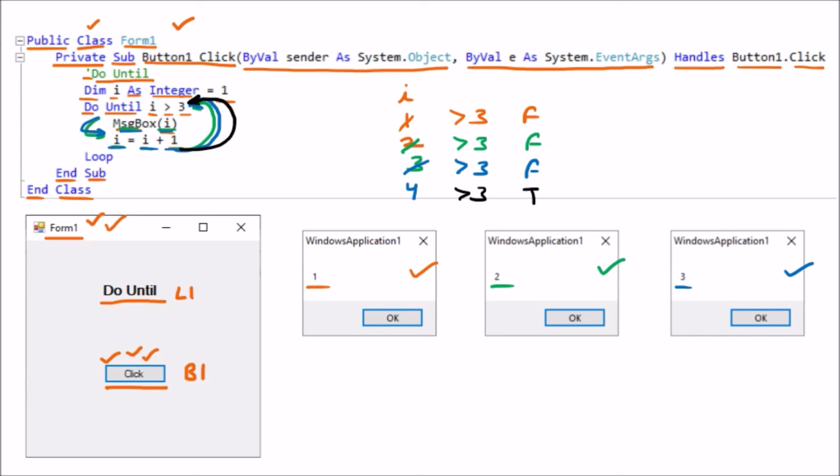And we know that do until does not work for the true value. If the condition is true, it will not work. So it will come directly out after the loop, and there is nothing after the loop. So here we have the ending of the program. So this is how we can apply do until for the false condition. It means if you want something to work for the false condition, that is do until. So that is all about the do until loop.